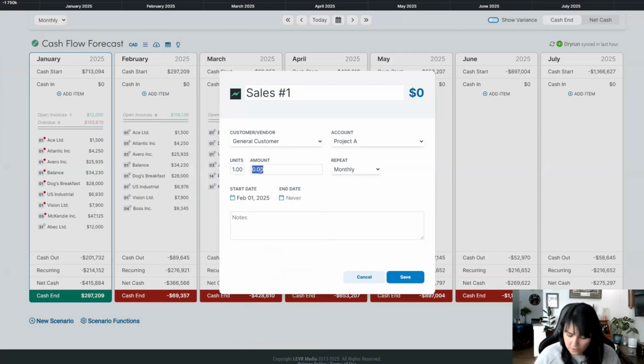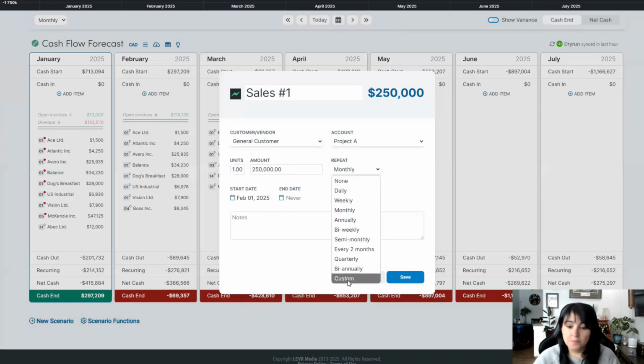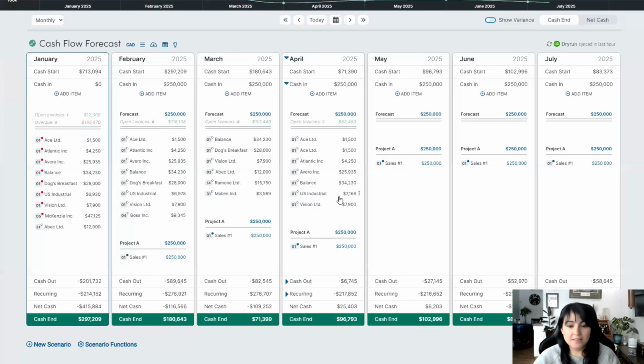Same thing. We can go ahead and create our amount. We also have units, so if you want to display it by the number of units as well, and you can select whatever repeating schedule you may want. Just to remind you, you also have the ability of doing this in a custom way, just by selecting very specific criteria for a custom repeating schedule. You can also give it an end date if this is something that only happens for a particular amount of time. So we go ahead and save,